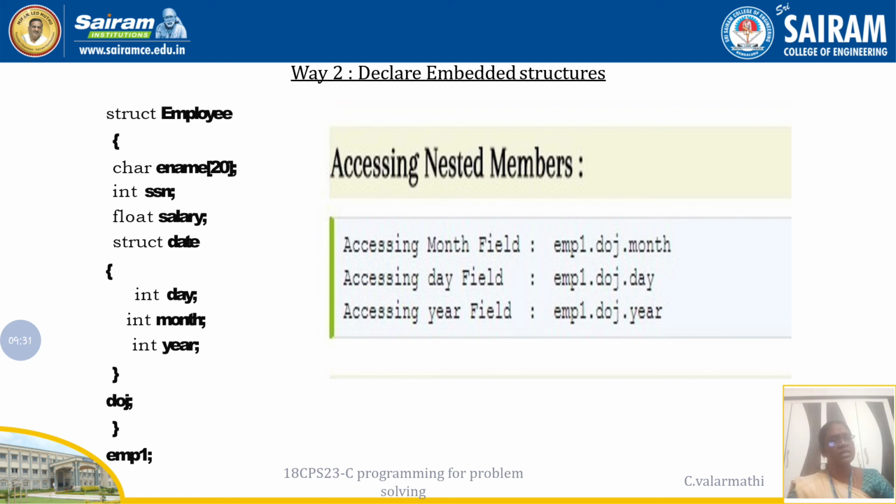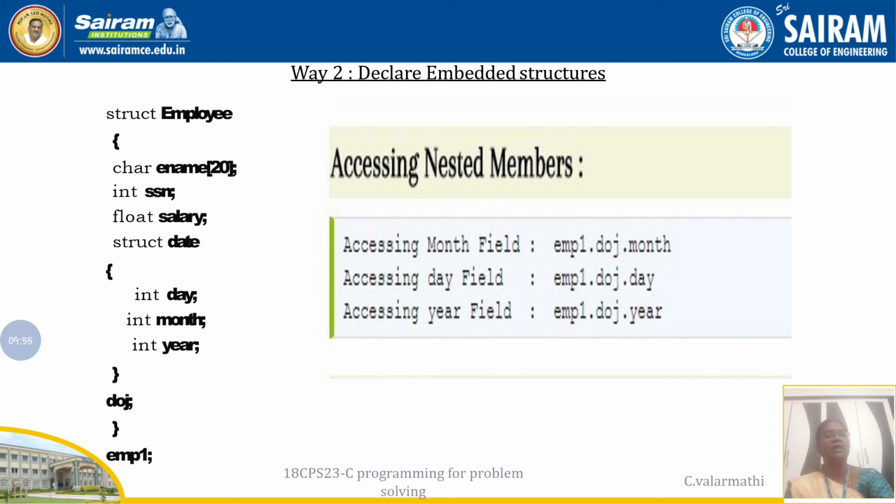In the same way, how can we access it? The accessing methods are the same, but the writing style is different here. The same way only: we have to go with the employee structure variable, so EMP1 dot, inside it the DOG variable is there. DOG dot, then I can access the month member, year member and day member.